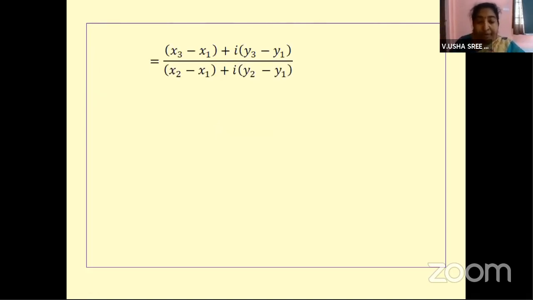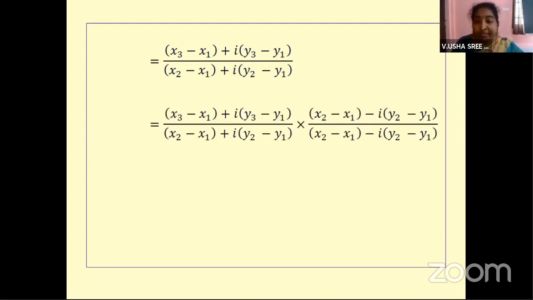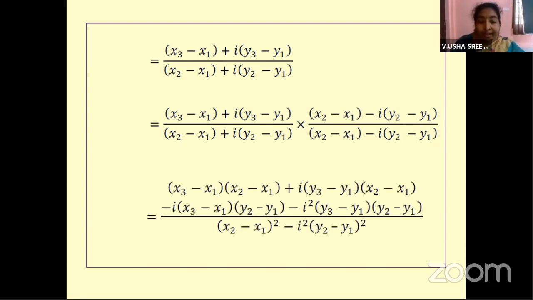Now, when you rearrange the terms, you will get this as (x3 minus x1 plus i into y3 minus y1) by (x2 minus x1 plus i into y2 minus y1). Okay, since you have i in the denominator, we will multiply and divide with its conjugate. Then you will have it as x3 minus x1 into x2 minus x1 plus i into y3 minus y1 into x2 minus x1, this is the term,